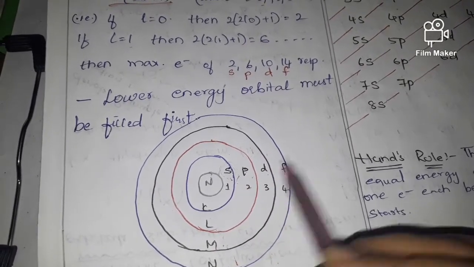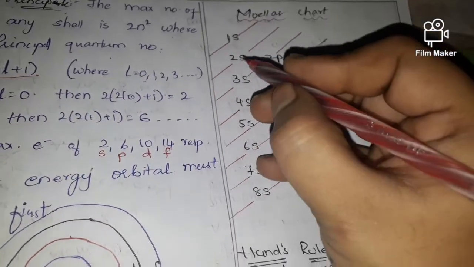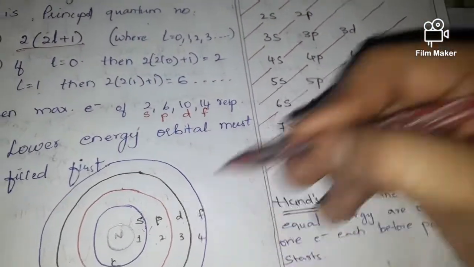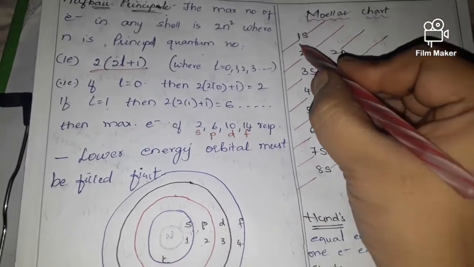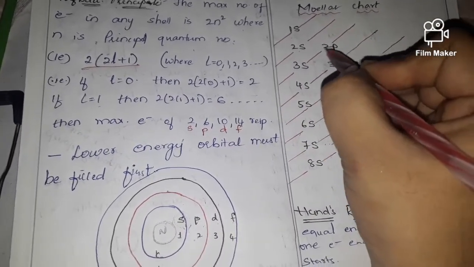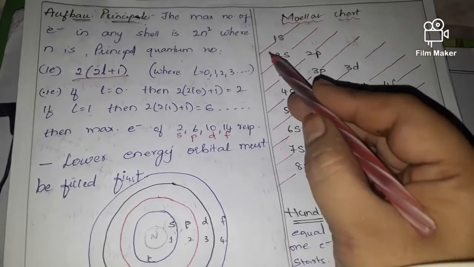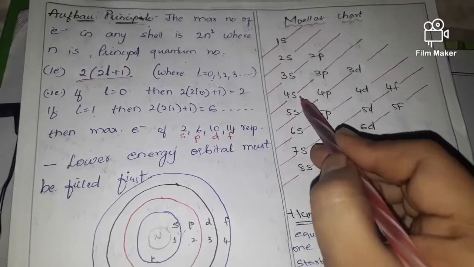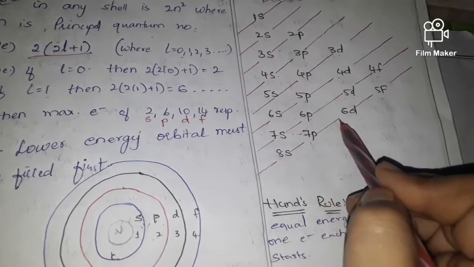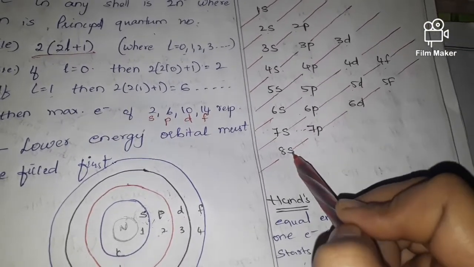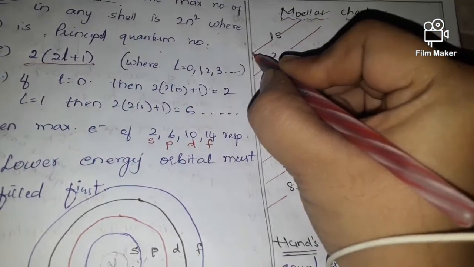Now how to arrange them in the order of their energy orbitals, we'll learn here. First you write the chart; it's very easy to write. 1s, 2s, 2p, 3s, 3p. How we are going to fill it, that we will also see. Then 1s, 2s, 2p, 3s, 3p, 3d, 4s, 4p, 4d, 4f, 5s, 5p, 5d, 5f, 6s, 6p, 6d, 7s, 7p, 8s. Okay, then you just join the lines. It's very easy. Just join the lines first and you will clearly understand.